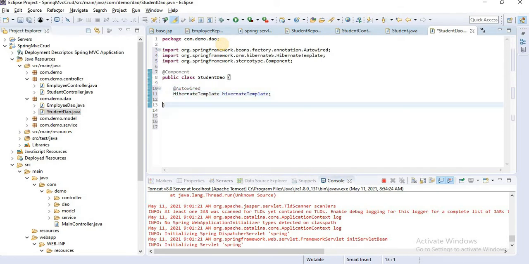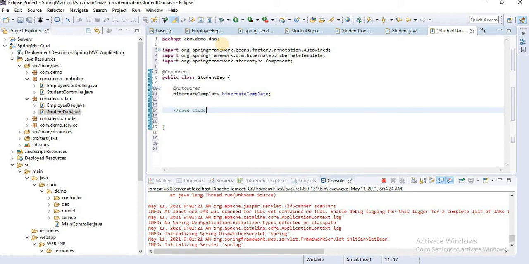Let's create the methods one by one. First method is save student. Okay, let's create public void saveStudent.